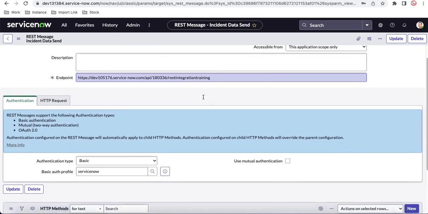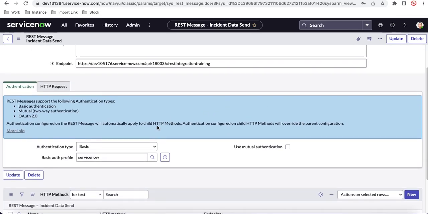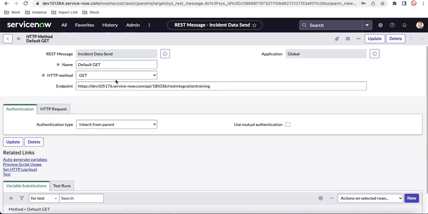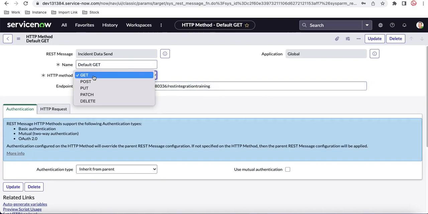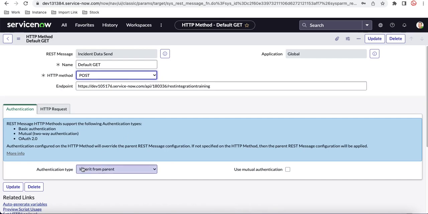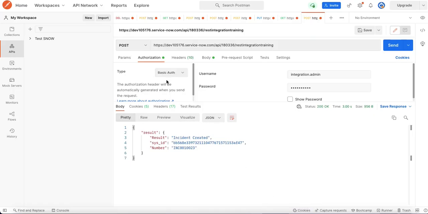Once we have created the REST message, it will generate a REST method by default, which is the GET method, and all these parameters that we have set here will be automatically inherited by this child one. So if I open this child method, the endpoint is automatically inherited. We just need to change it to the POST method, because in this case we are doing a POST, so I am just changing that. Authentication inherited from parent means that whatever we have put into the REST message is automatically used by this method. Now in the request, we have to pass one value, which is, if I go back to